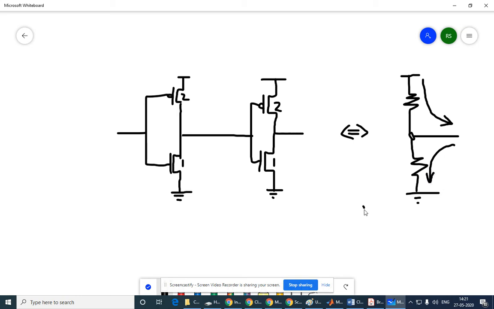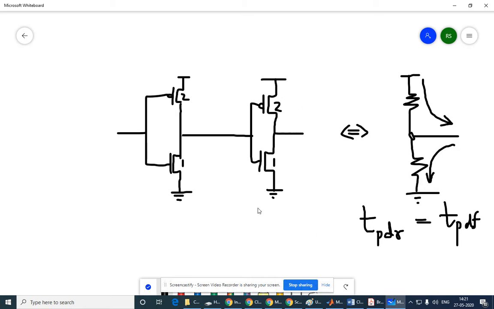Now generally we have charging and discharging, we have TPD. This is something that is generally preferred: we want the delay for rising and falling to be the same. Which means that whatever is happening through the PMOS transistor, the amount of time taken for charging should be the amount of time taken for discharging.